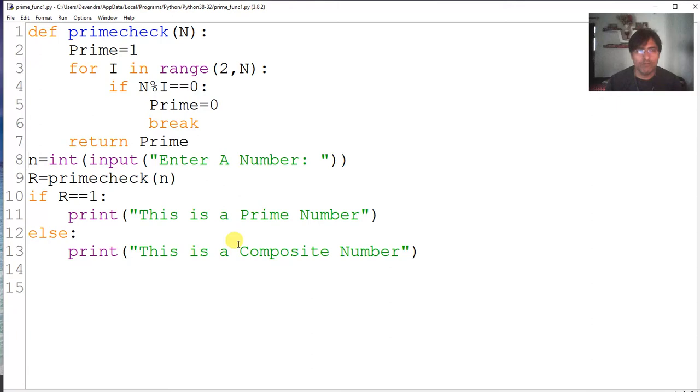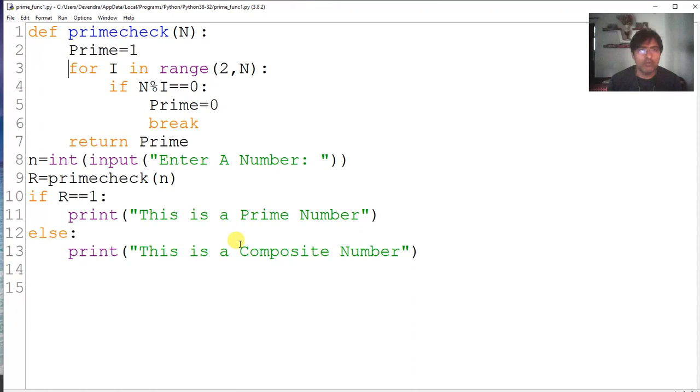In the line number 1, you can find that I have used def keyword. Def keyword is used whenever we want to define a function. The function name is prime check. And then a parameter, that is n. Parameter or argument. It means whenever this function will be called, it will be receiving a variable also. And from line 2 to line 7, this is part of this function prime check, as it is indented right towards the prime check function.